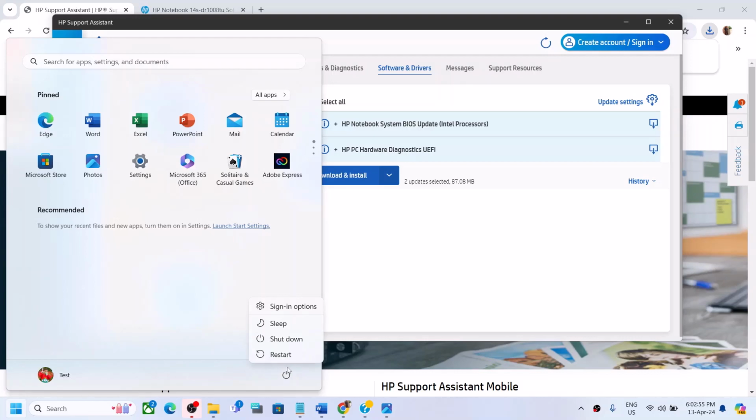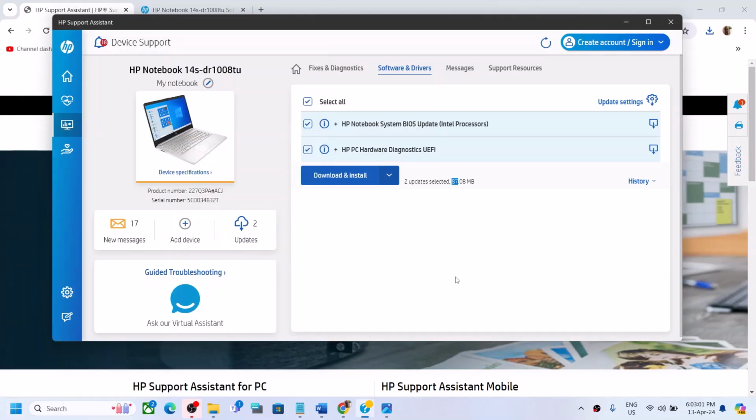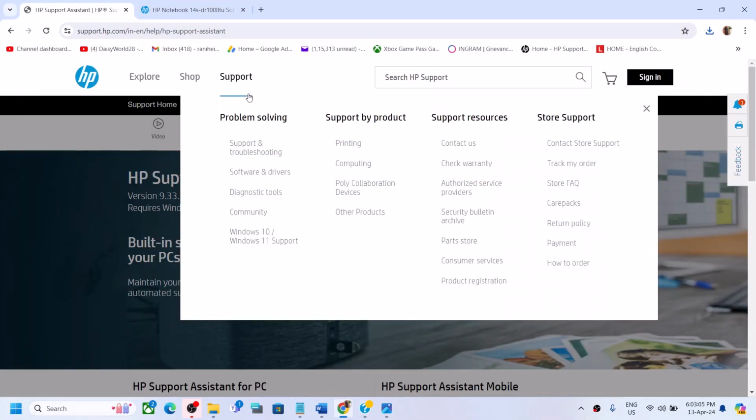I'm not going to download right now, but you can go ahead and download. And once the download is complete, restart your computer. And after the system restarts, you can check. The error should go away. Now if you're still receiving the error,